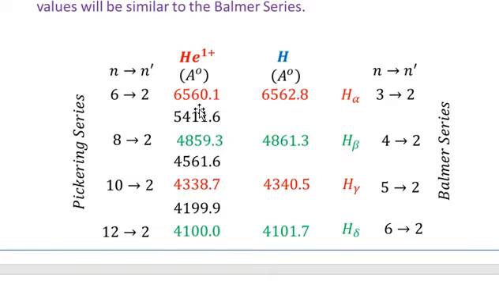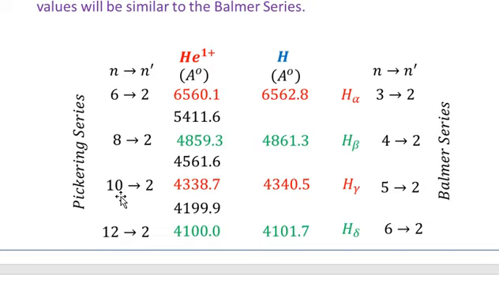So the wavelength which will be emitted under the transition from 6 to 2 will be 6560.1. For the odd values, under the transition from 7 to 2, it will be 5411.6. And for the transition from the principal quantum number 8 to state number 2, the emitted wavelength will be 4859.3, and when the transition from 9 to 2 will take place, the emitted wavelength will be 4561.6, and under